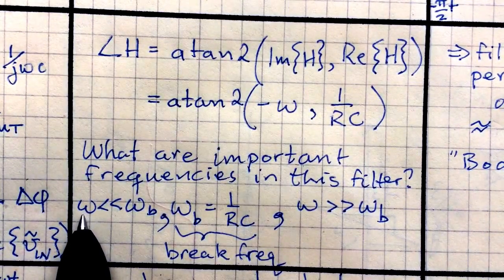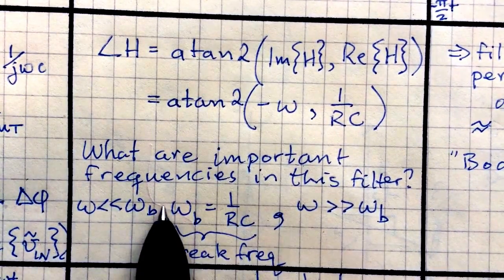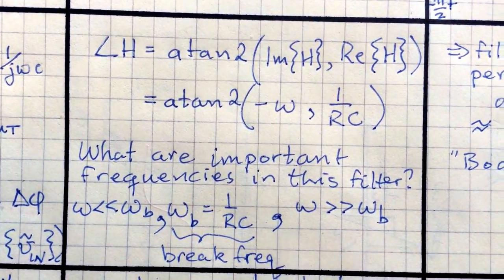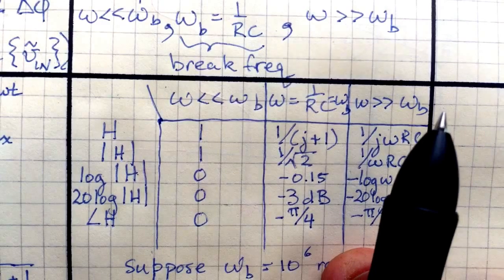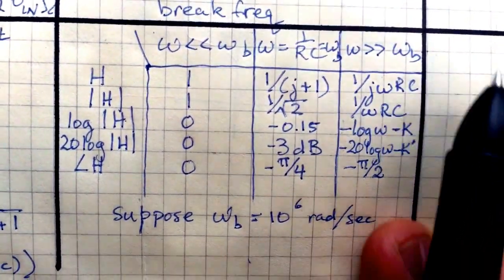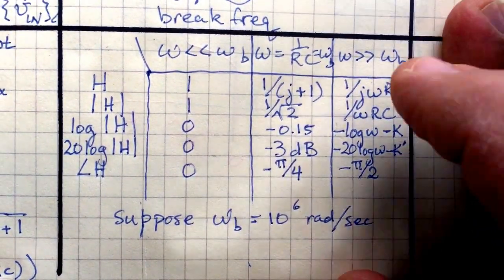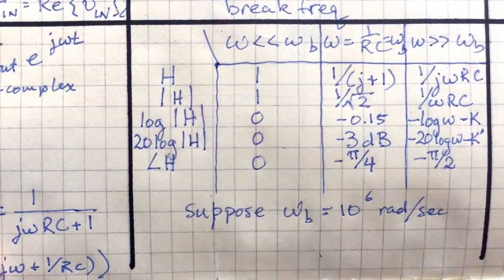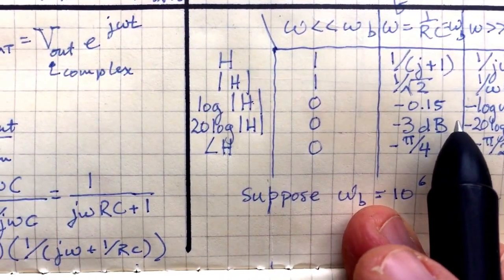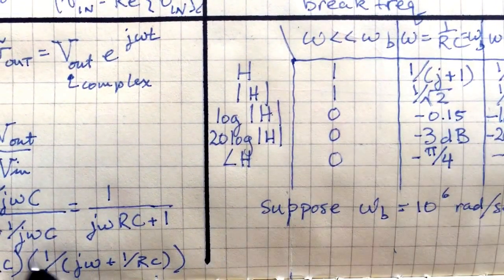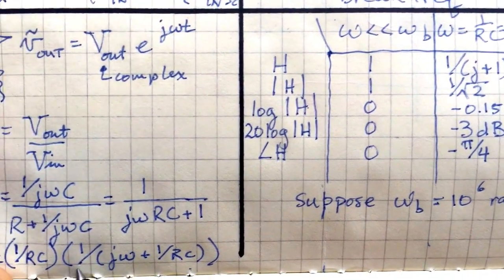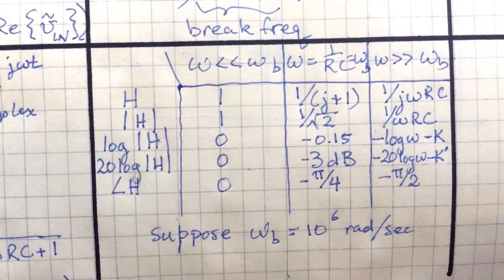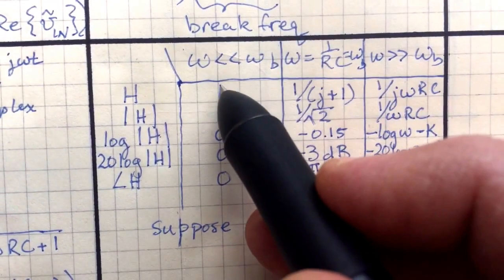What's important is that these behaviors can be lumped into 3 categories. And we call this the break frequency, for reasons we'll get to later. So we have to go through a little bit of a laborious process of figuring out what the different frequencies are. So I'm just shifting the page over here. We can see what our transfer function is. It's got the form 1 over j omega plus 1 over RC. So if we go back here, we see